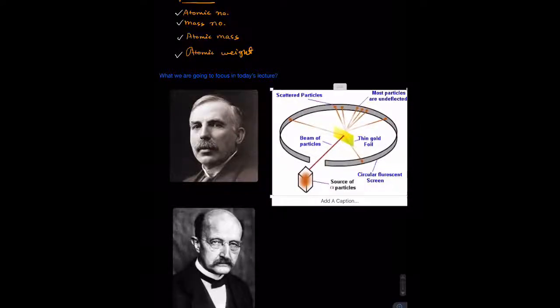What's up, guys? In the previous lecture, we talked about the difference between atomic mass and atomic weight. Let's review whatever we talked about so far. Just tell me, what is atomic number? Atomic number is the number of protons, P plus, right? And what is the mass number? Mass number is the combination of the proton number as well as the neutron number. So the protons and the neutrons are going to give you the mass number.